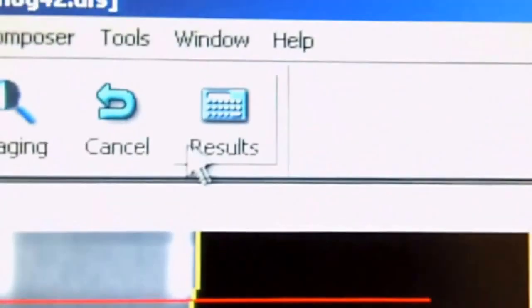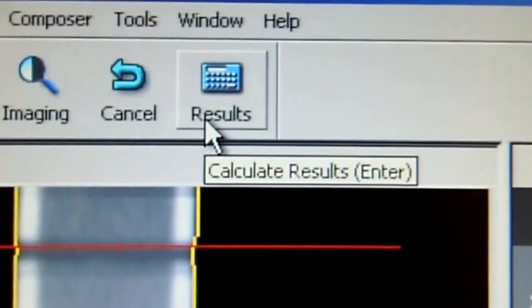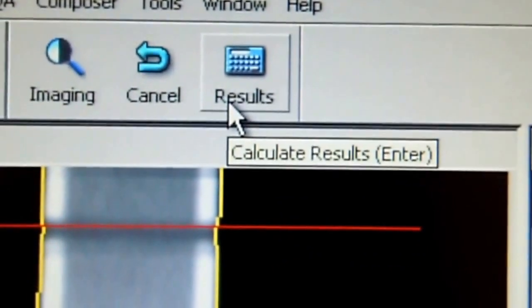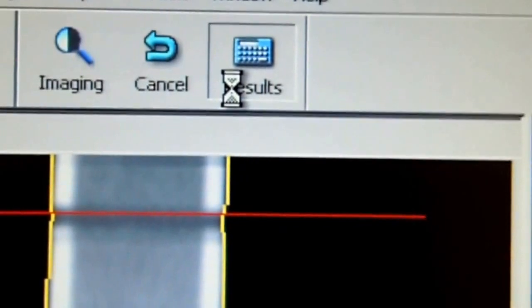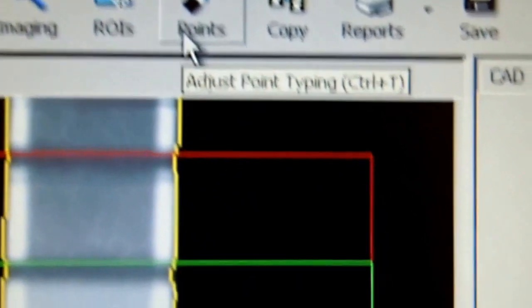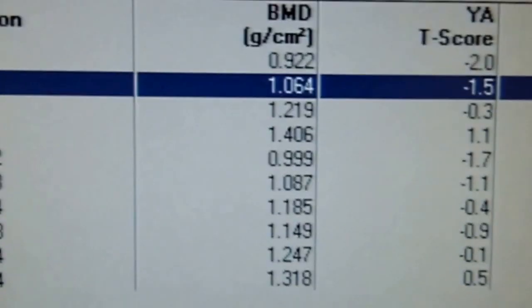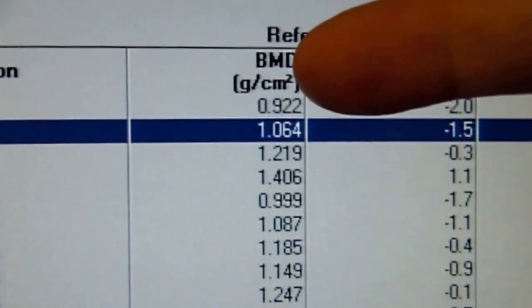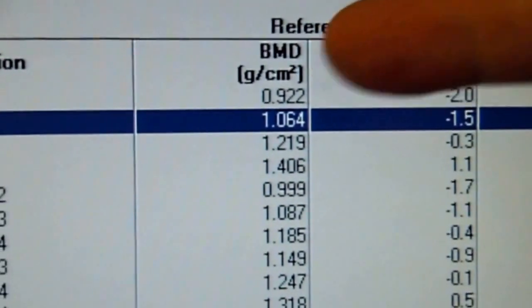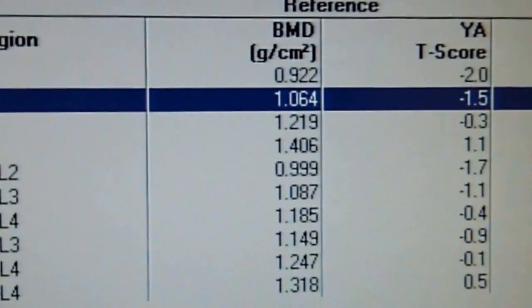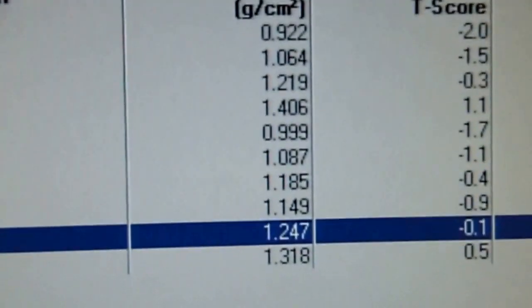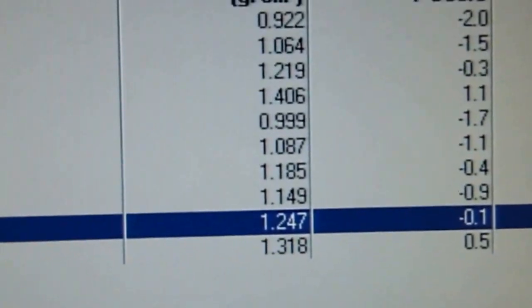Finally, we go up to the results and click results. Now that we've made our calibration adjustments, we go down to the measurements here, and we're actually looking at the bone mineral density for L2 to L4 here. And our value is 1.247,